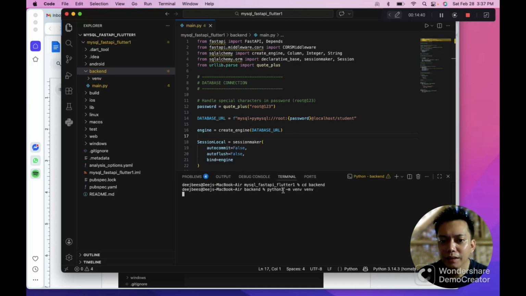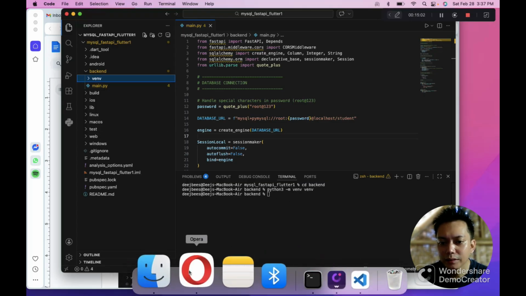So here it's creating a folder inside the backend beside main.py. This is the result of this code. You can see here, venv.